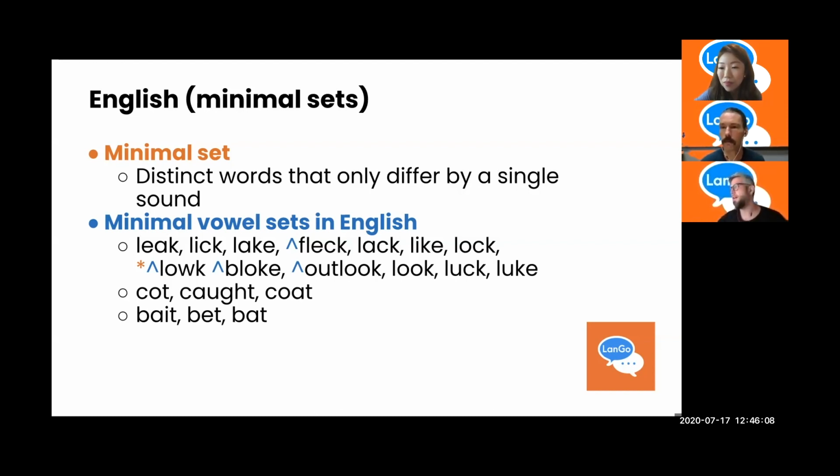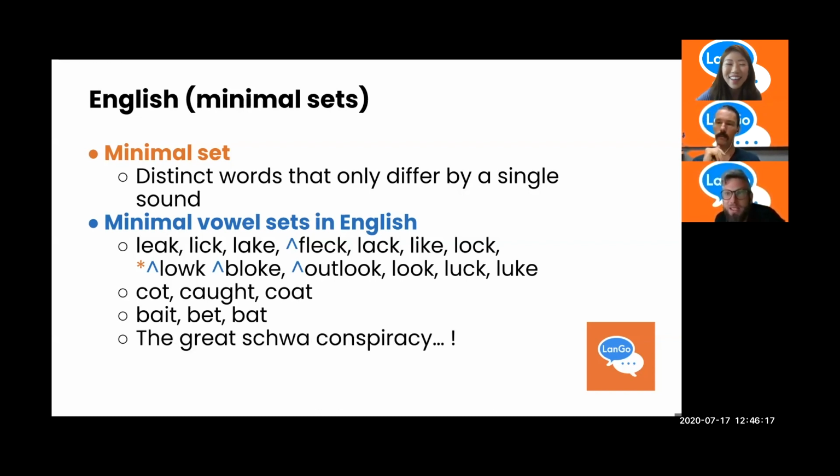Now, there is a particular thing I'd like to draw your attention to, which is there's a vowel which we can't seem to produce a good minimal pair for, and that is the schwa. And so I have here written on the screen, in case you're not looking, the Great Schwa Conspiracy. Let's talk briefly about the word outlook, why it's two syllables. Outlook? In the first set. Oh, still discussing the examples. Yeah. Okay. So when we have these, outlook.